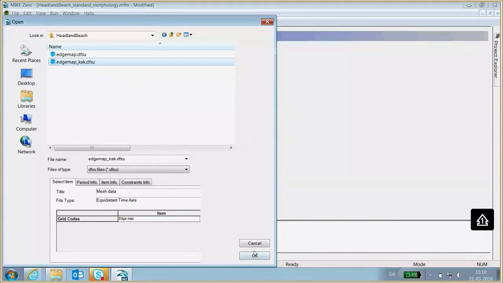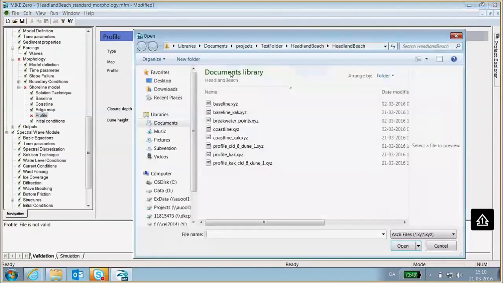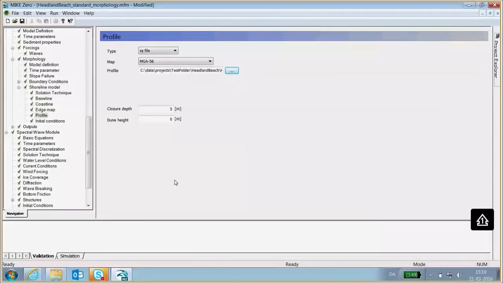Edge map, okay. And the last thing is the profile, and that's this profile KAK. So then I have to remember also to set the closure depth, that was 8 meters, and the dune height 1 meter. You can see both these numbers are positive numbers. That's just a definition, so the closure depth is simply defined as a depth, and the dune height is defined as a height, so they are both positive numbers.